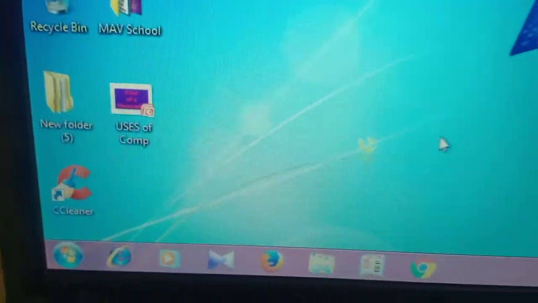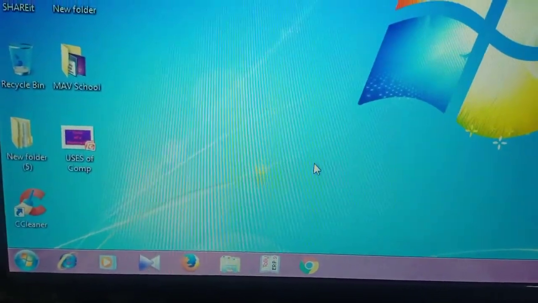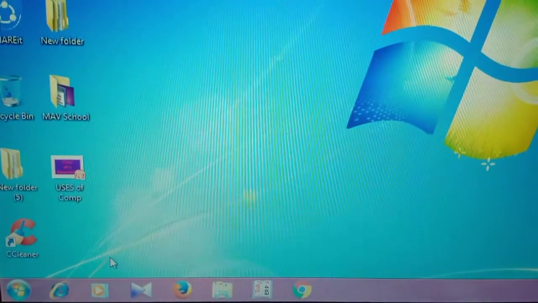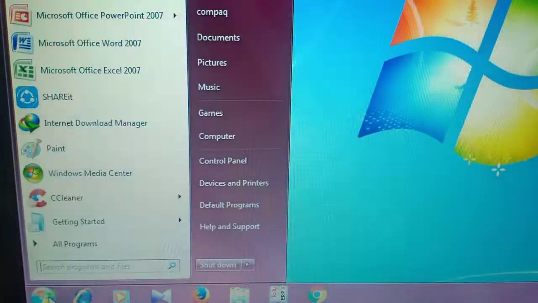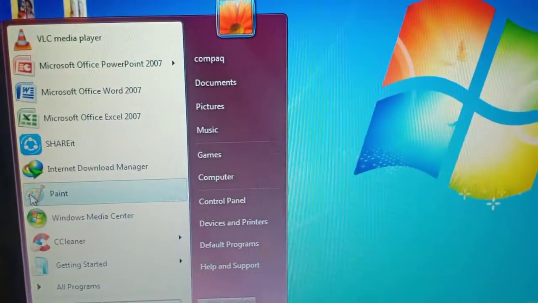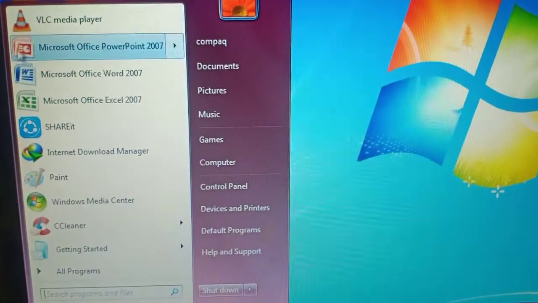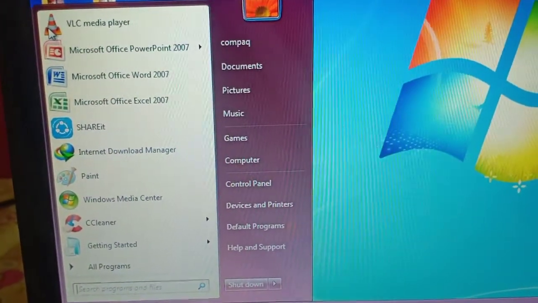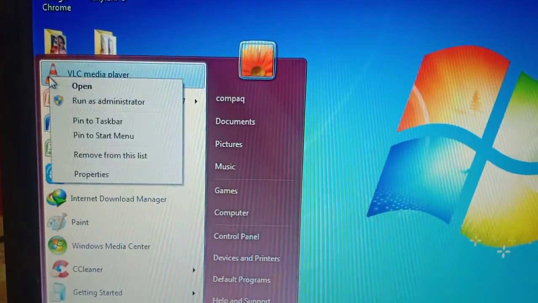I will show you the process to pin an application to the quick launch bar or to the taskbar. See, this is the start button, click on that. Here are all the programs. If I want to pin this VLC media player onto the taskbar, right click on that.